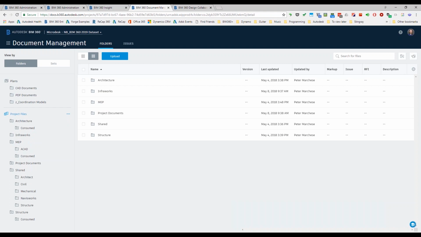When you first start using BIM360, one of the things you actually have to do is a little bit of setup. So are you using one service or the other? So you'll turn on Document Management, and then you can turn on BIM360 Design, the design collaboration feature. When you're doing that, you're actually going to be creating something called a team, and that team is how I organize my project. So if I actually take a look at that,